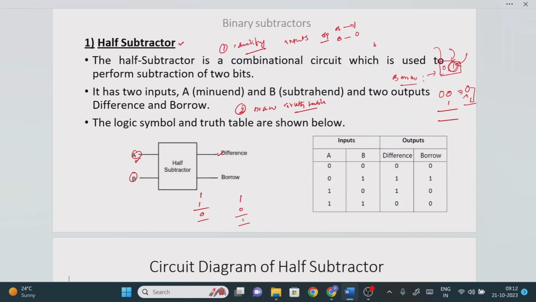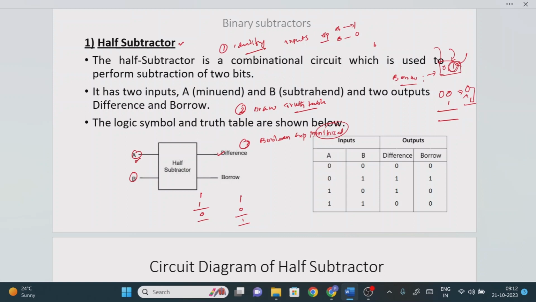Step 2 is also completed. Now we need to perform step 3 of the design procedure of the combinational logic circuit. So what is step 3? Finally we need to find out the logic circuit diagram, right? If you want to find out the logic circuit diagram, what is required? The Boolean expression is required, right? And the Boolean expression should be the minimized Boolean expression, right? What is the meaning of minimized Boolean expression? It means the output logic expression should have the minimum number of literals, right?